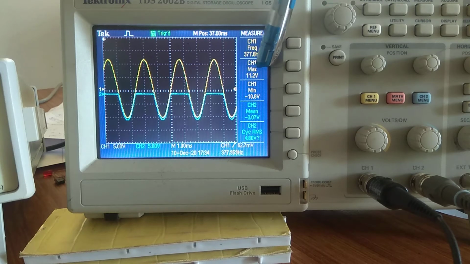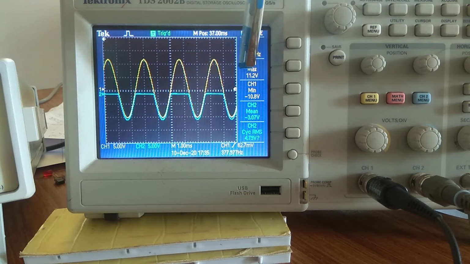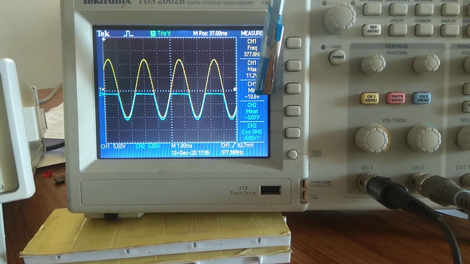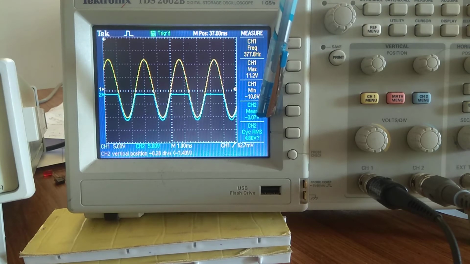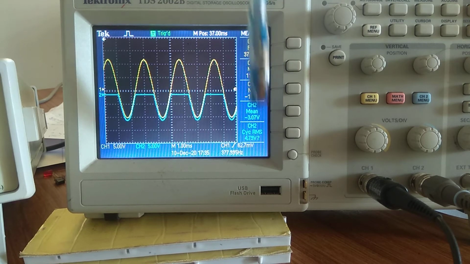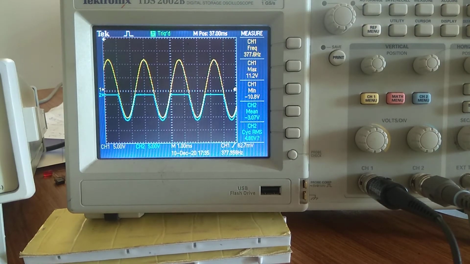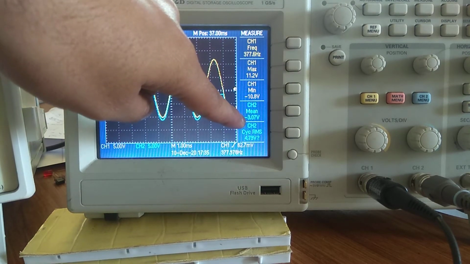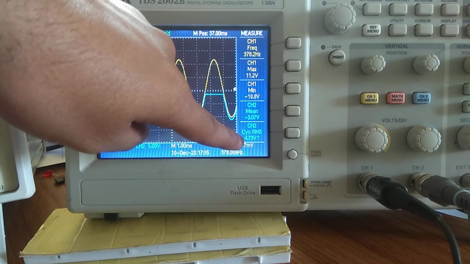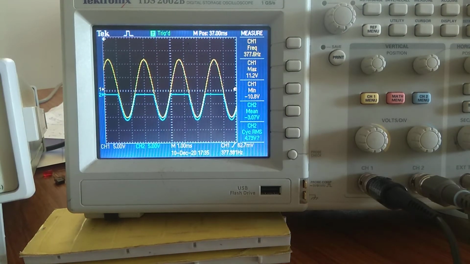This is because the input and output are not the same. If you see this input, the maximum value and minimum value are not the same. Because of this minimum value, we are getting a lesser mean value, because the function generator is not able to generate the exact value. Now if I write minus 3.07, the minus is only because it is on the negative side. We are just interested in the magnitude. And if you see the cycle RMS, initially it was 5.52, now it is 4.80.